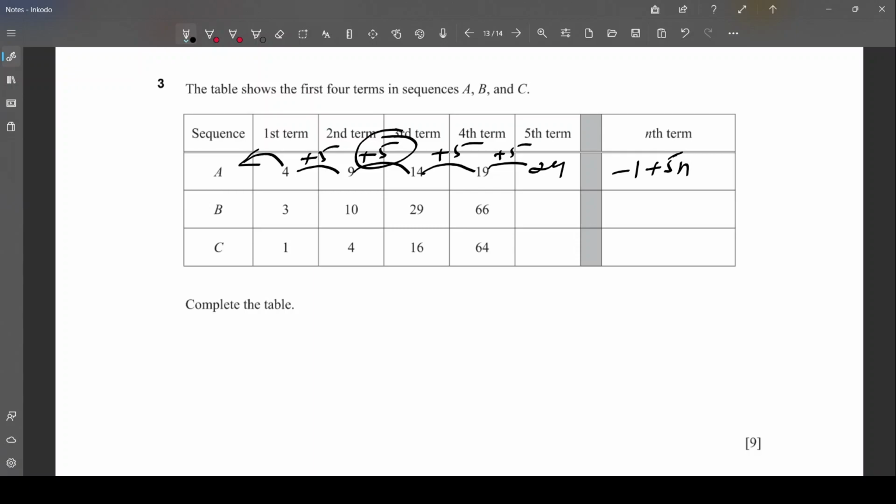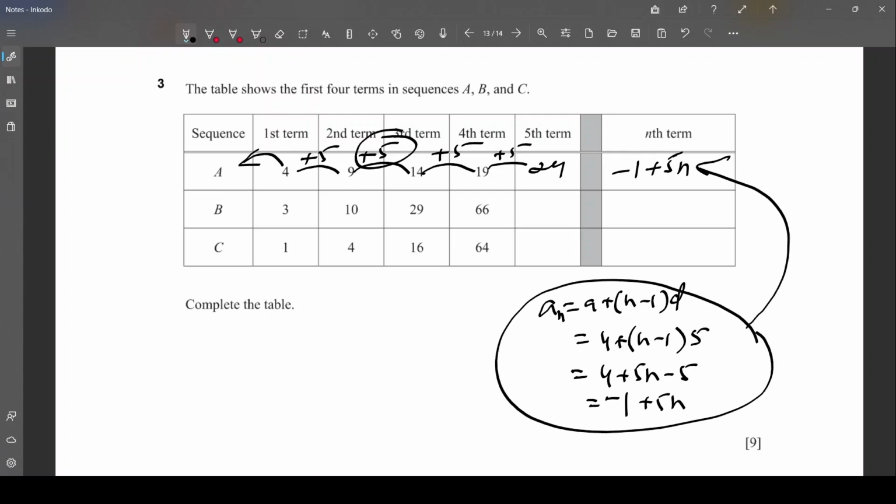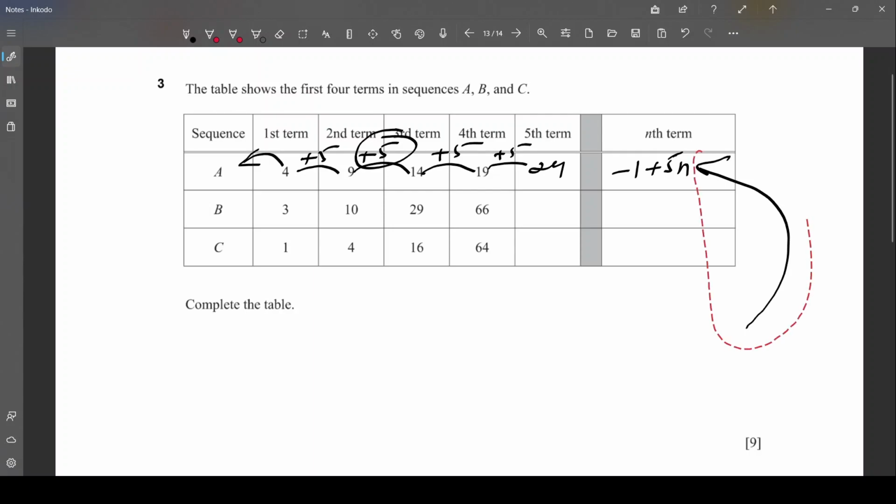If you want to do it with the formula method, a_n equals a plus (n minus 1) times d. The first term is 4, plus (n minus 1) times d, where d is 5, so 4 plus 5n minus 5. So 4 minus 5 is minus 1 plus 5n. We got the same answer. So anyway, you will end up with the same answer, so you don't have to worry. You can use any method. Then the next question is